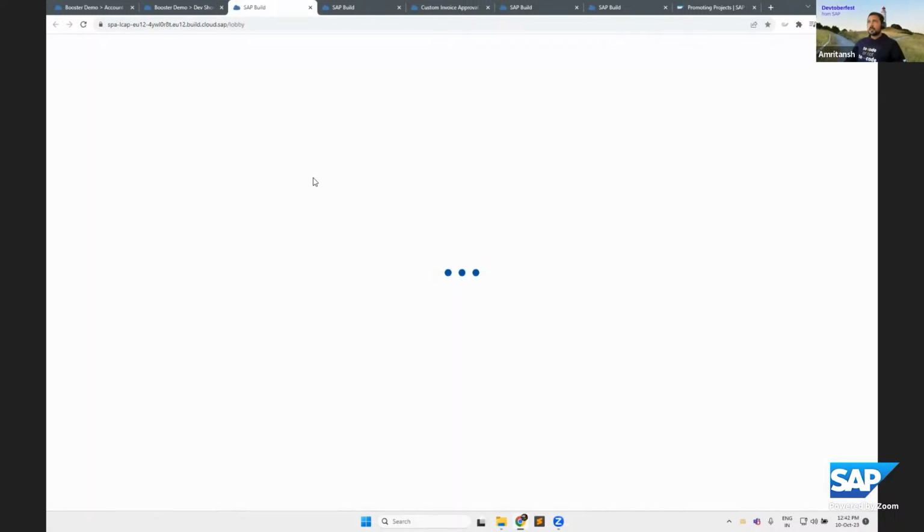So this is the entry point for SAP Build, where we can go and create applications, processes, automations, and let's give this, sorry, taking some time to load.